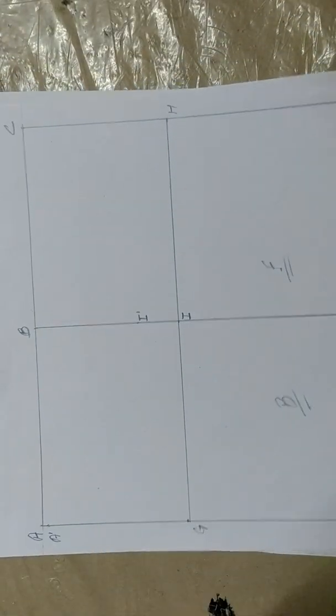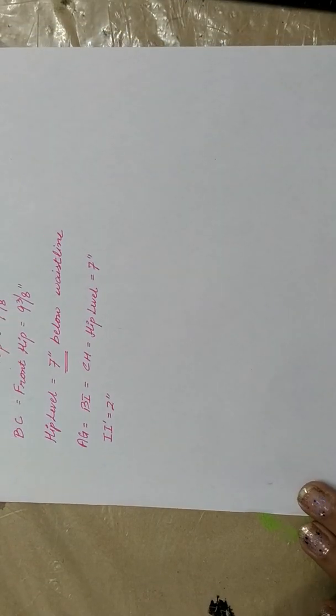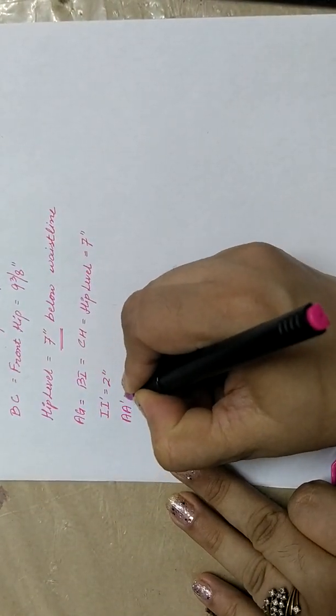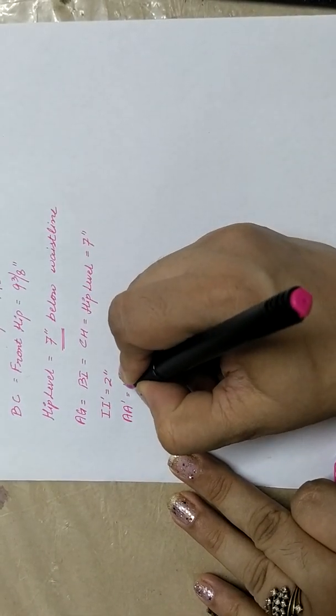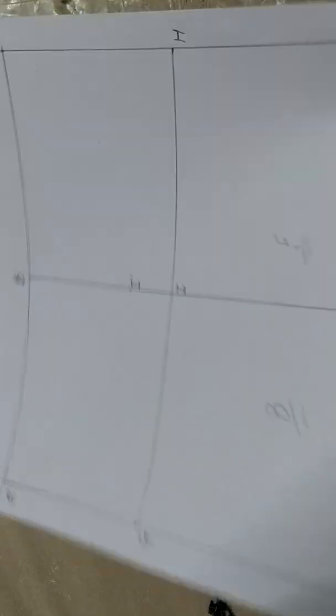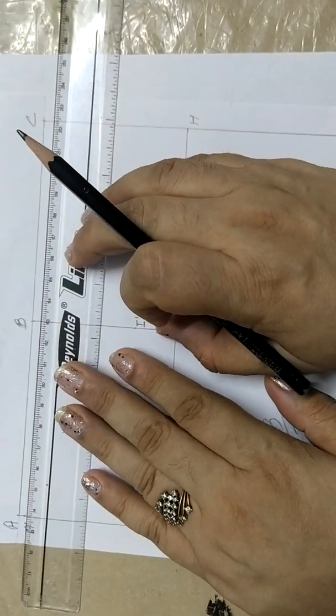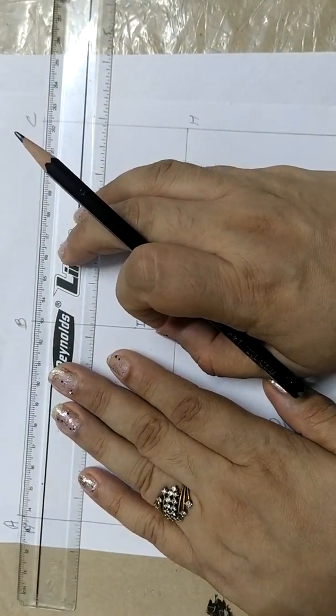Now after this, again needs to be written down, so I'm putting it here. There are a few steps that I'm repeating because this is something that we did in the skirt block development also, but in case you don't want to go to that video, I am doing it again in front of you. Now after this, the next step is to mark the side points.